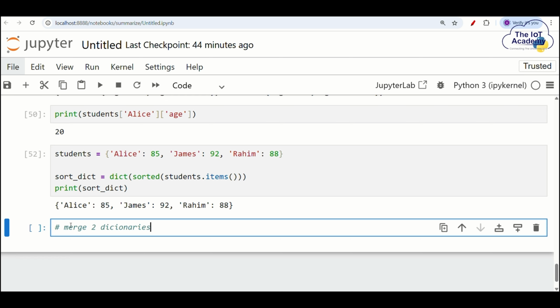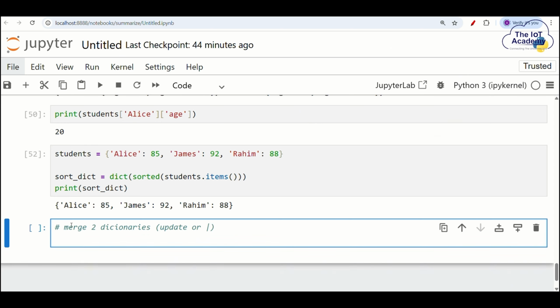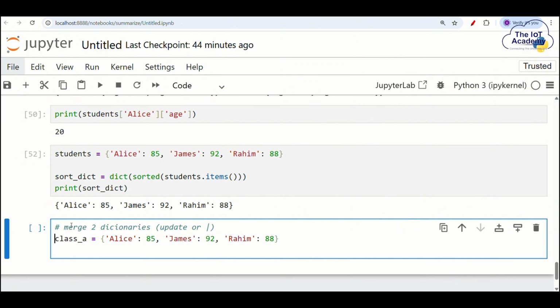All right. So there are two ways you can do this. You can either use update, or you can use this operator. This is called the OR operator. Okay. So let's do either one of them. So let's say you have class A. Let's say it consists of, let me just copy and paste, Alice and James. Okay. And class B consists of